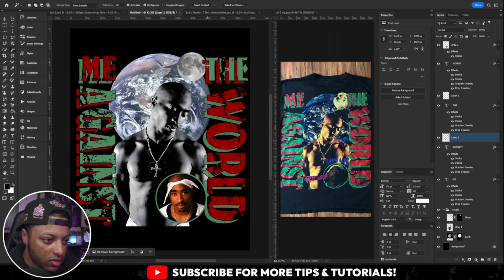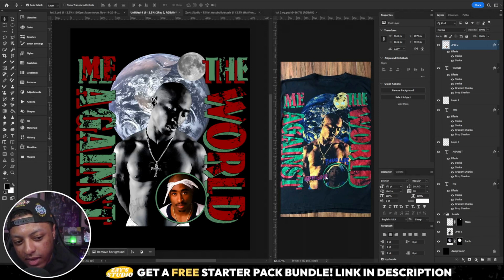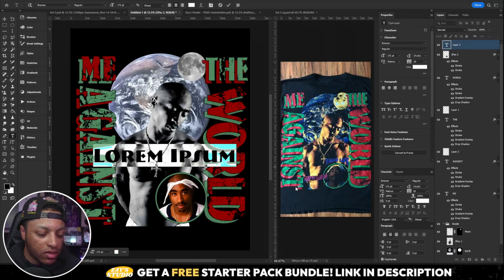Delete that text. Get the details back in the shadow. So we're looking okay right now. So the next thing that I noticed, of course, about this is the Thug Life text and the Keep Your Head Up text. And it kind of looks like there's a black undertone right here under this text, not necessarily under this one. So just gonna go in and we're gonna type